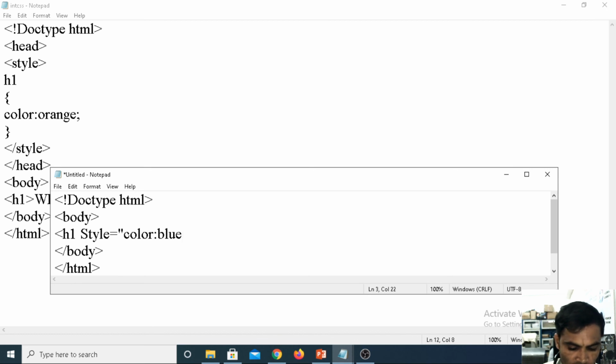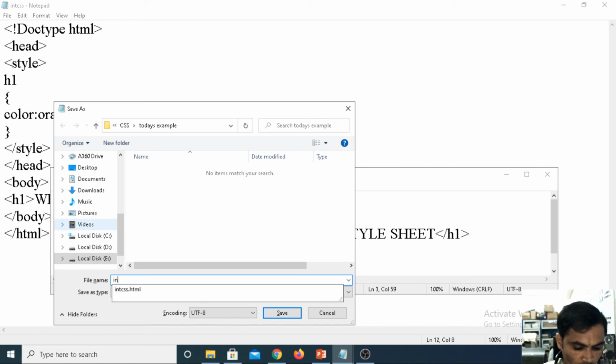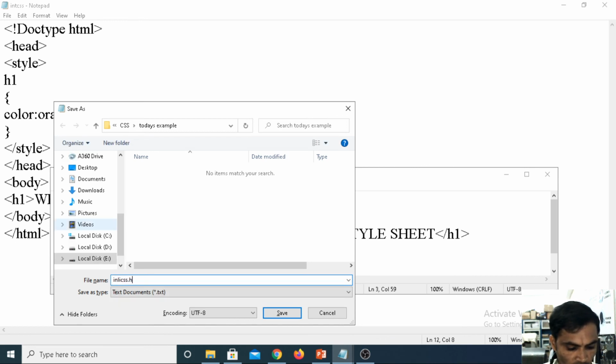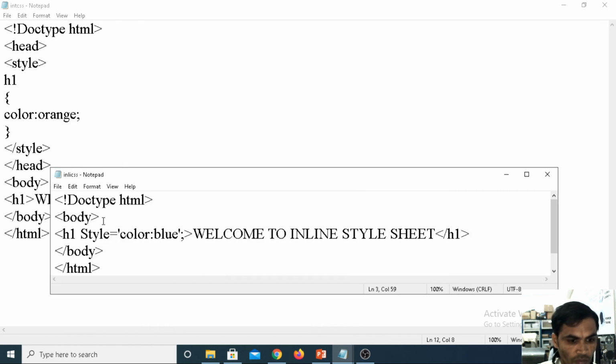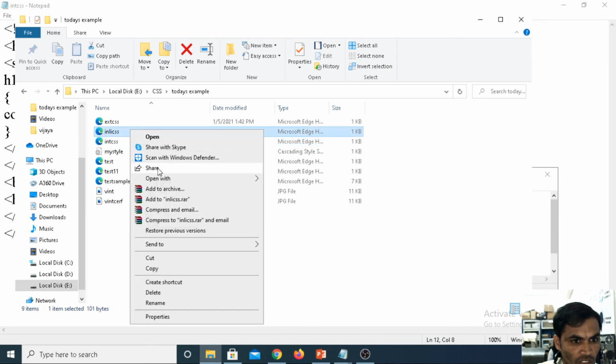Then welcome to inline style sheet. Control S, inline css.html. Now when you are running the application, open with Chrome.